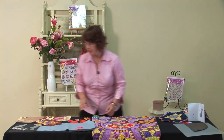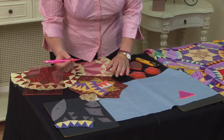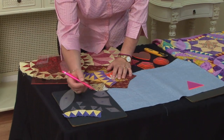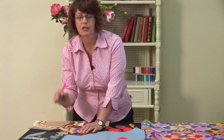So when you're ruling up your templates and tracing them, I've got a really good few tips and techniques that will help you with your next project. First of all, when you're tracing your templates, use a good sharp pencil. The sharper the better, because then you're going to get an accurate result. And the secret to good template making is that when you draw around your shape, you draw accurately, and then when you cut out the template shape, you cut just inside the pencil line that you've ruled. And that way you're going back to the original shape that you've drawn, and you're not including the thickness of